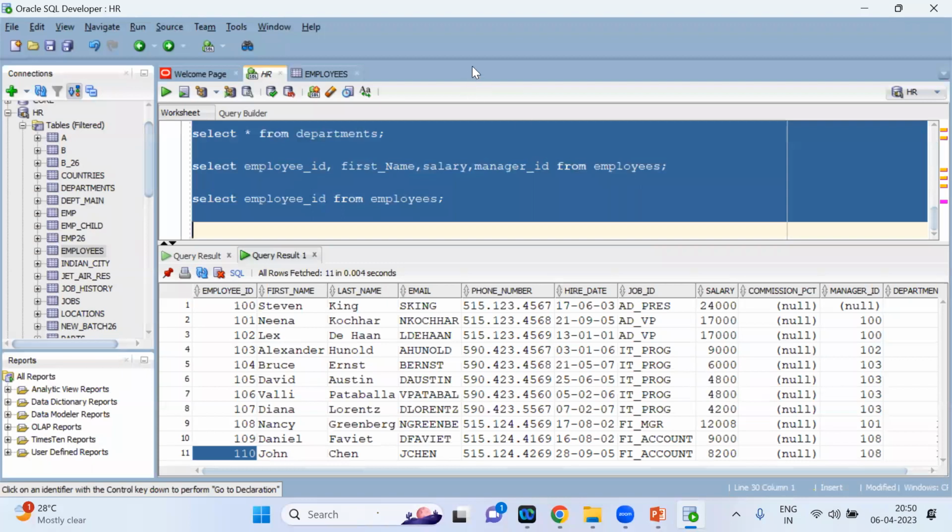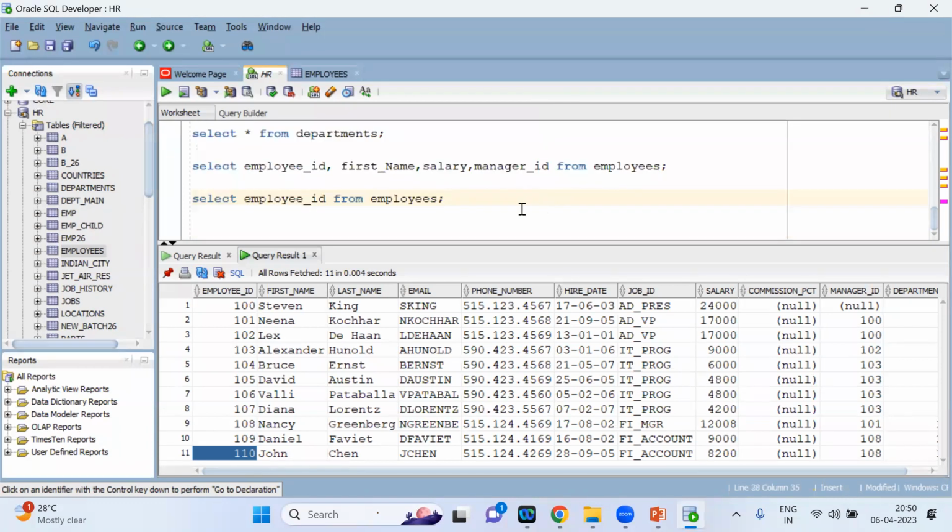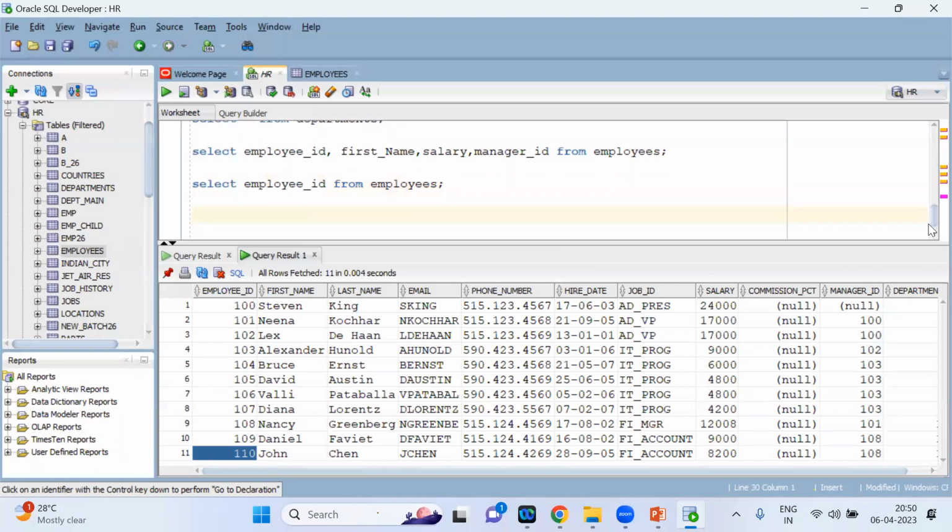Sir, how do we filter for salary above 10,000 or below 5,000? You can use the greater than and less than operators. Now, if you want all the details of employees whose salary is greater than 10,000, select a star from employees